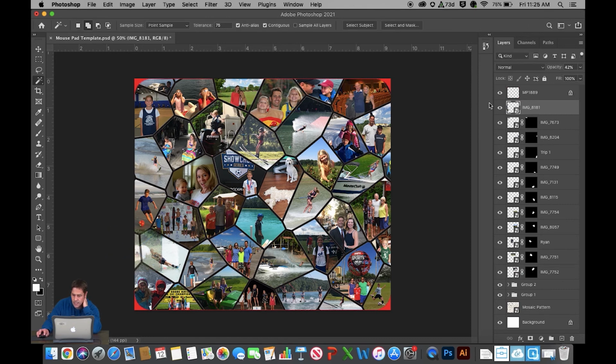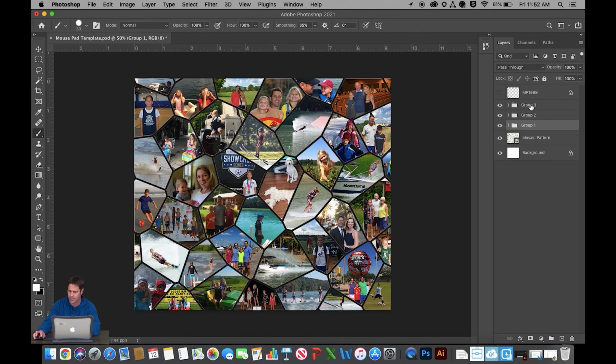Hit commit, hide it, select that, the whites, that layer, make it active. Let's take it to 100% and hit your mask button. All right, so that is masked in there. And go to your top layer and let's add a text layer. So go find the capital T right there